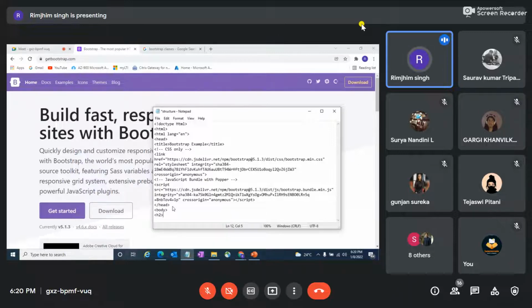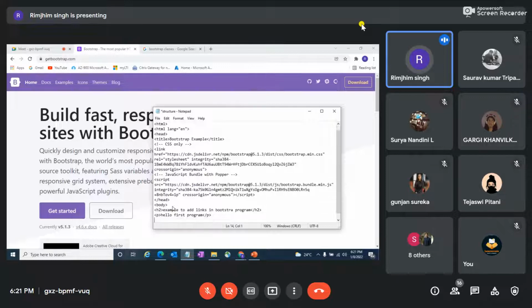In the header, I'll write: Example to add links in Bootstrap program. Just close the header also, and let's include a paragraph tag also, and then we'll close our paragraph tag.